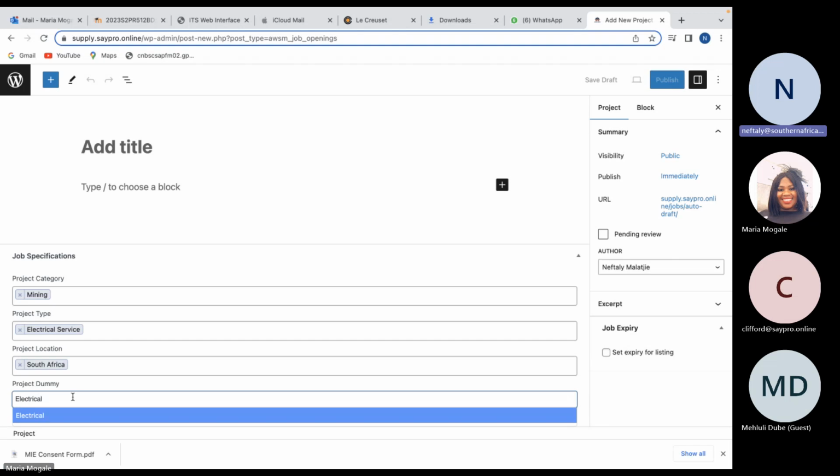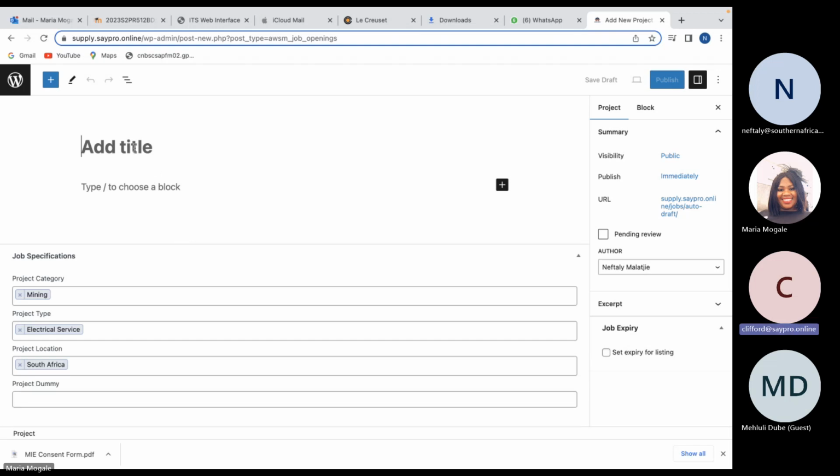You said what do you want again? Project description. The description. Don't forget the title at the top, Maria. The project title at the very top there.